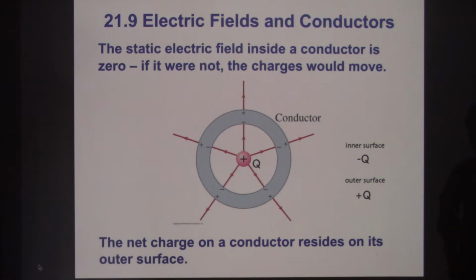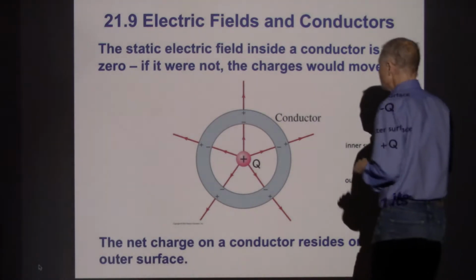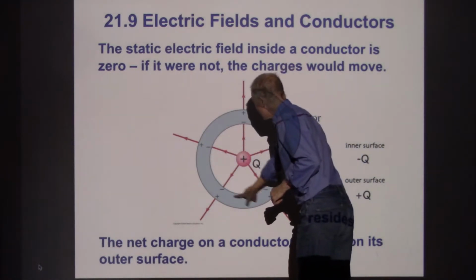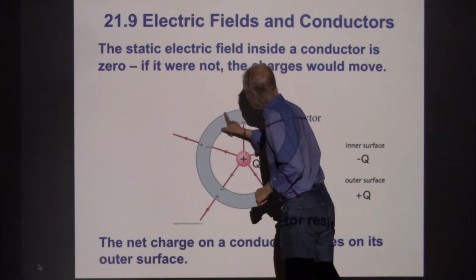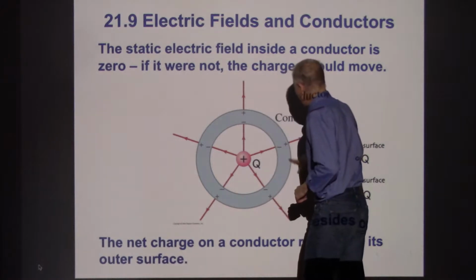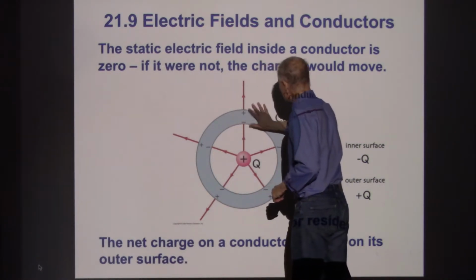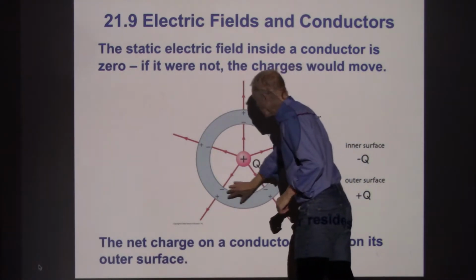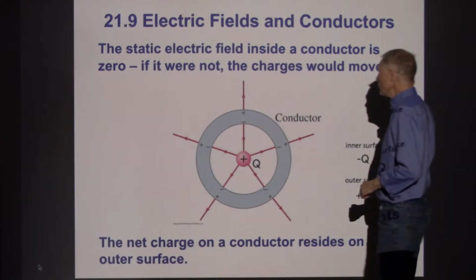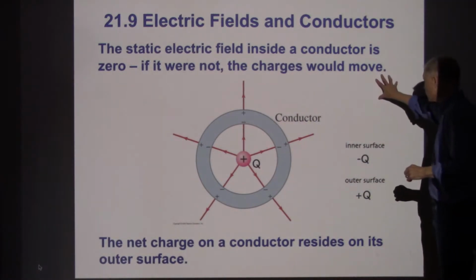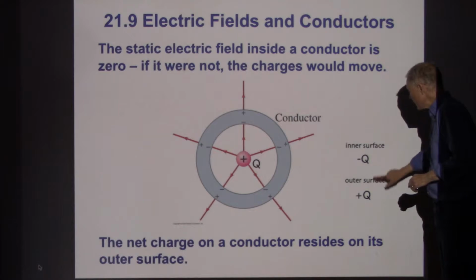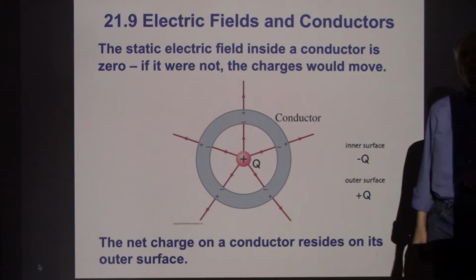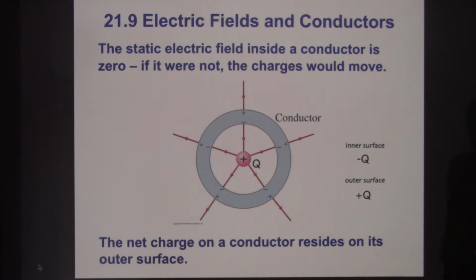So the electrons will just keep moving until all of the electric fields have been canceled out, and then the electrons stop moving. And they maintain a configuration, in this case, negative charge on this inner surface. Well, that's going to leave the outer surface to be positively charged. I need a neutral region in between. So I get this charge buildup on conductors. All of the charges end up on one of the surfaces, either on an outer surface or an inner surface